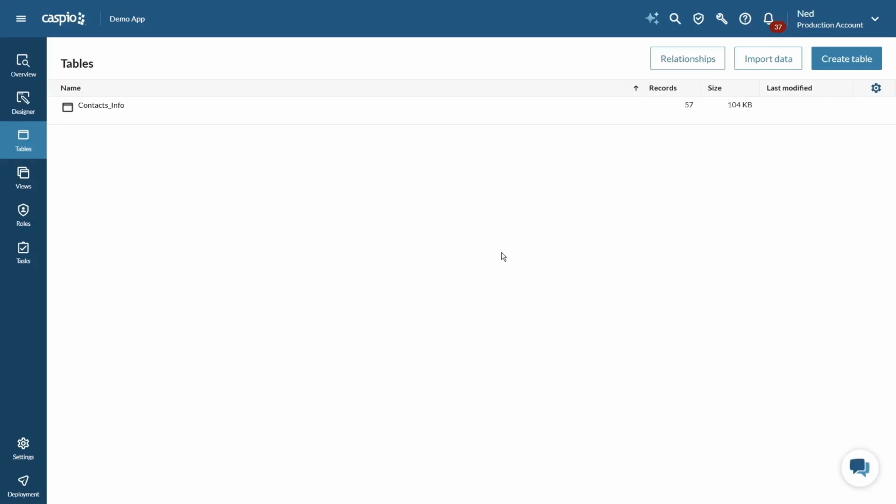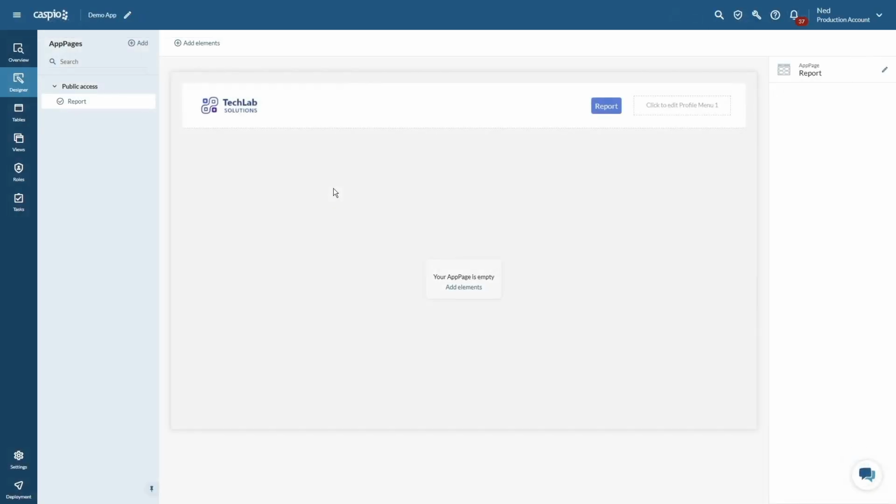When you're in the tables menu, you can always create a new table, assign your data types, and add some data so that you can test the search capability. Once you have your table created, let's navigate over to our Designer tab. Once you're inside a Designer tab, you're going to click on the app page that you have listed on the